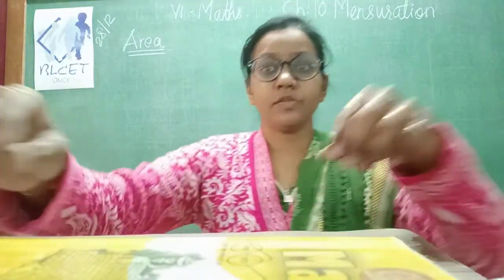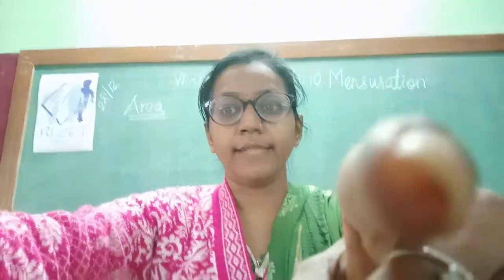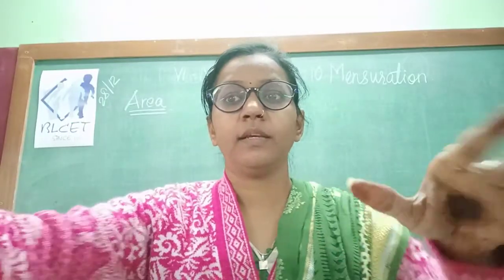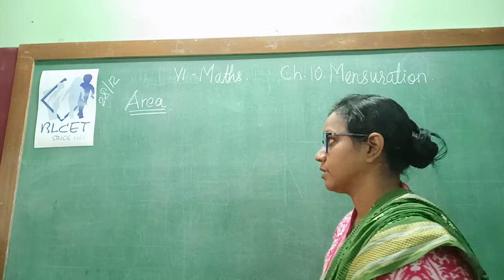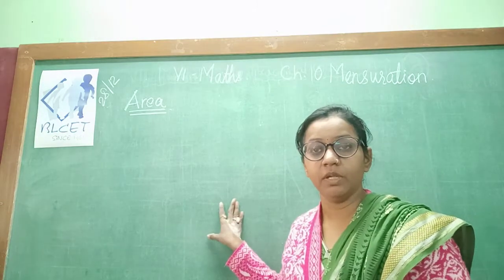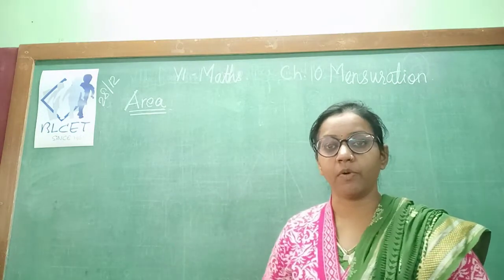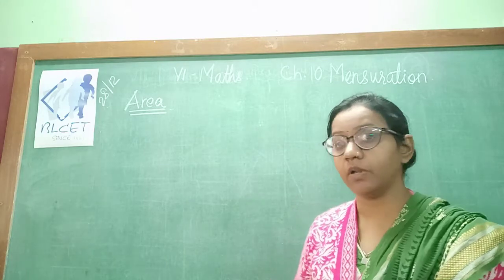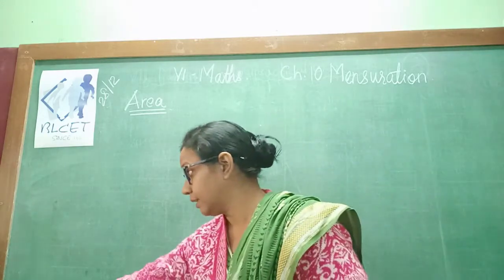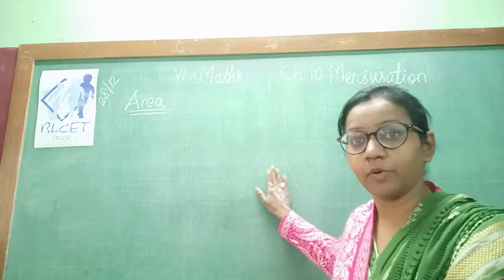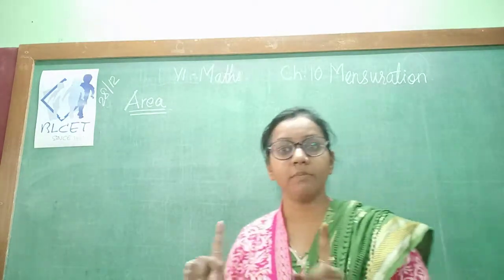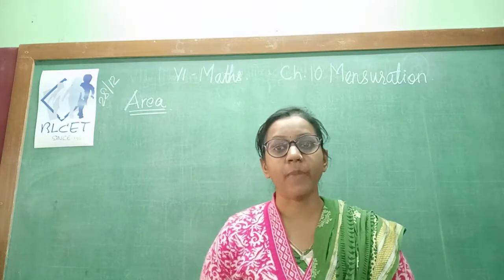Welcome back, students. So now we move on to the next topic, that is area. What do you mean by area? Suppose you consider this blackboard and you want to find the area of this blackboard. Then what is the area of this blackboard? You have to measure whatever area in between is covered by this blackboard, not the boundary. When you measure the boundary, you are just measuring its perimeter.